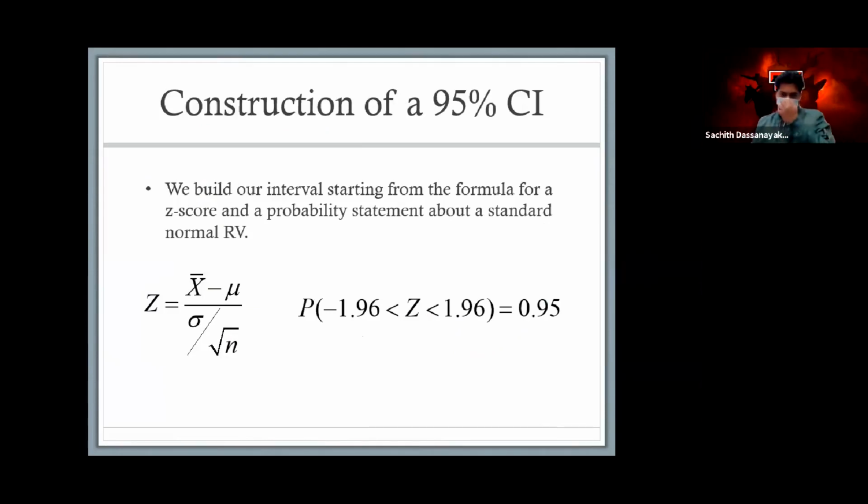I'll do this and I'll show you another thing. I think it's not in the notes. Construction of a 95% confidence interval. So how do we build a formula for the 95% confidence interval, which means we need to find the confidence interval. You know this one, right? The standard normal, the z score. Z is here, z score.